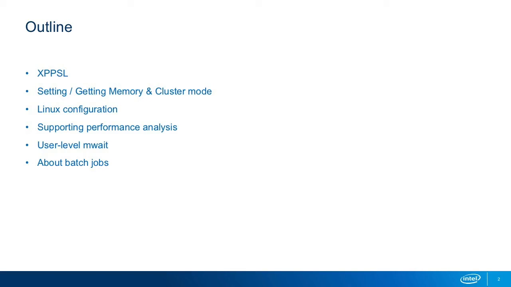So the outline would be the XPP-SL. This is the Xeon Phi processor system software layer, which is the extension of the normal kernels you have, and software, then some settings and getting the memory and cluster modes. How you can do it, more something for system administrators than ordinary users, but probably nice to know. Linux configuration, supporting performance analysis, user level M